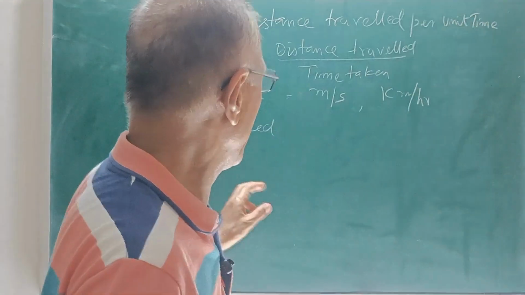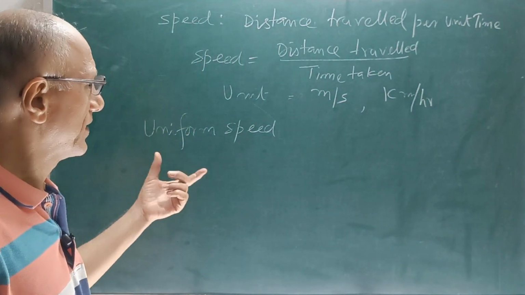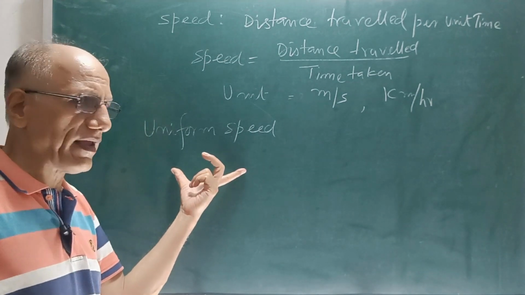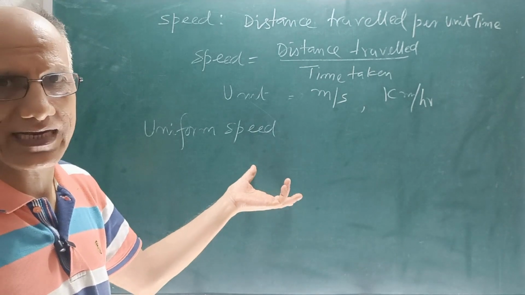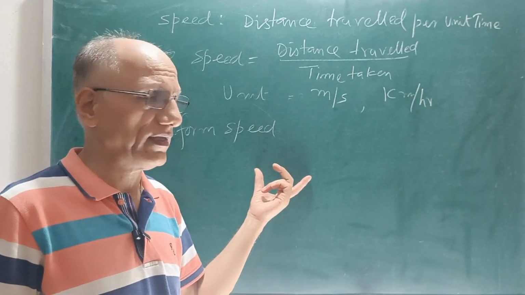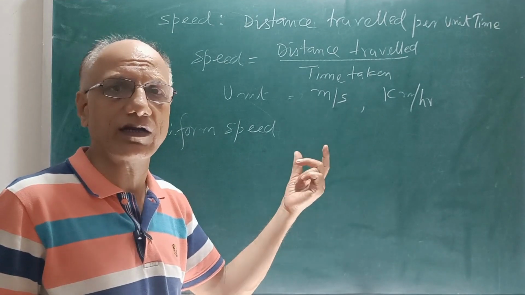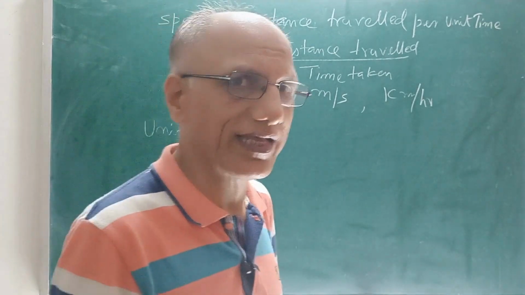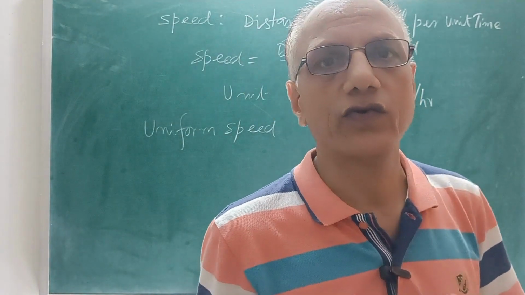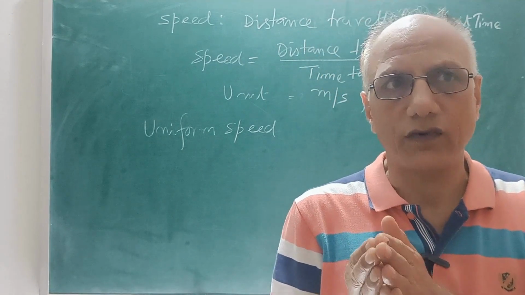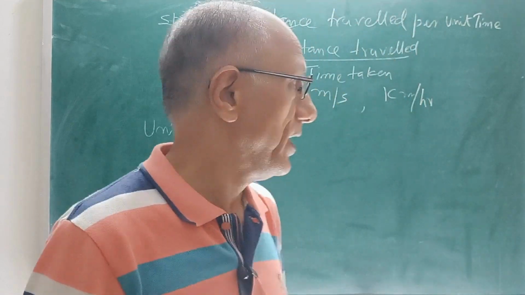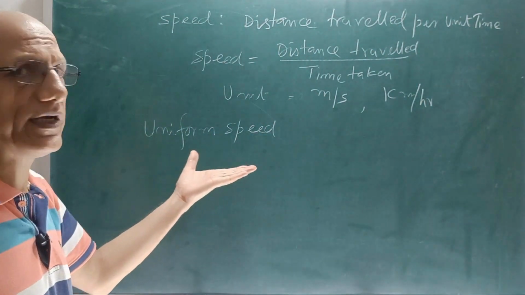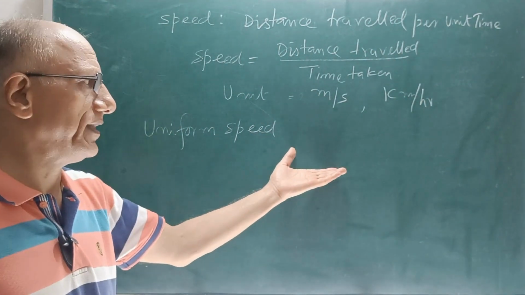If you are traveling 5 meters in 1 second, then in the next 1 second you are again traveling 5 meters, and in the further next second you are traveling 5 meters, then we can say that your motion is uniform motion. Means your speed is uniform or constant